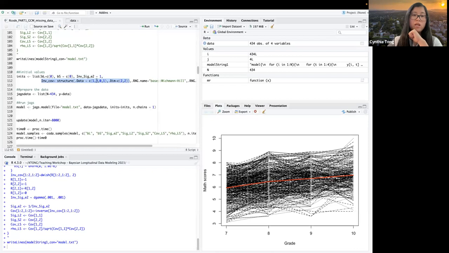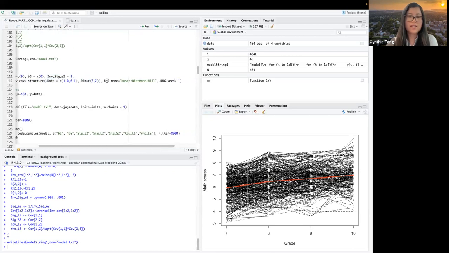So it includes the variance of the latent intercept as 1, the variance of the latent slope also 1, and the covariance between intercept and slope. So these are just the initial values, okay? And after that, I set the random number generator. So I use this random number generator and set the seed. If you don't set that, you still get the results.